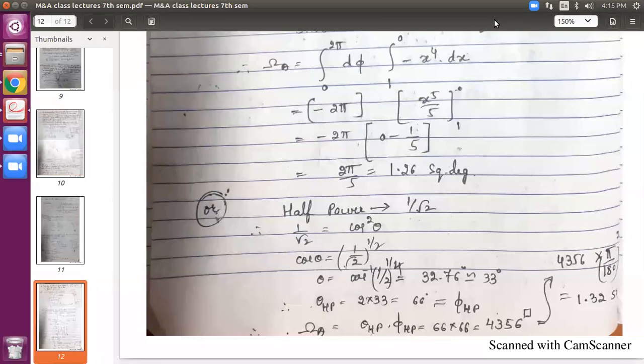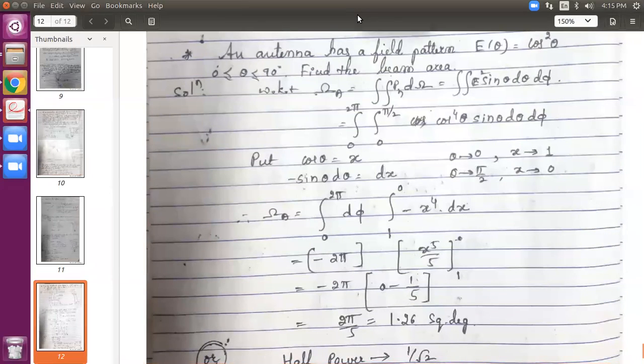So we have completed how many antenna parameters, can you list? We started with the first one, power density, second one, patterns, third one, beam area. In the next class we will be taking the next parameters. We will try to cover a few more parameters. We will start with radiation intensity. I hope you understood today's class. So we will continue in the next class.